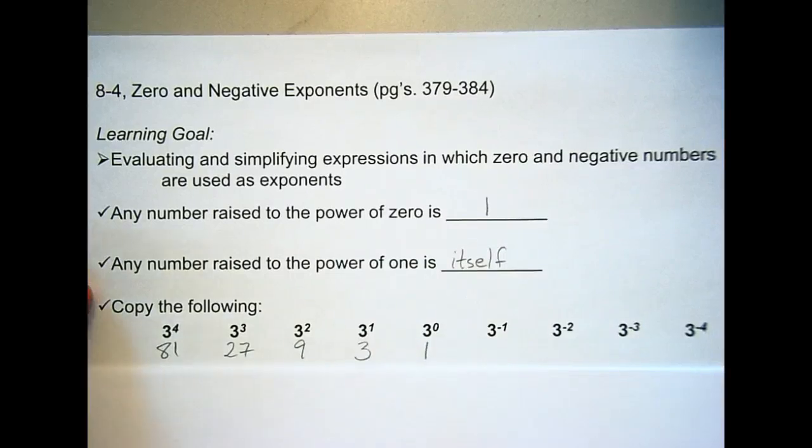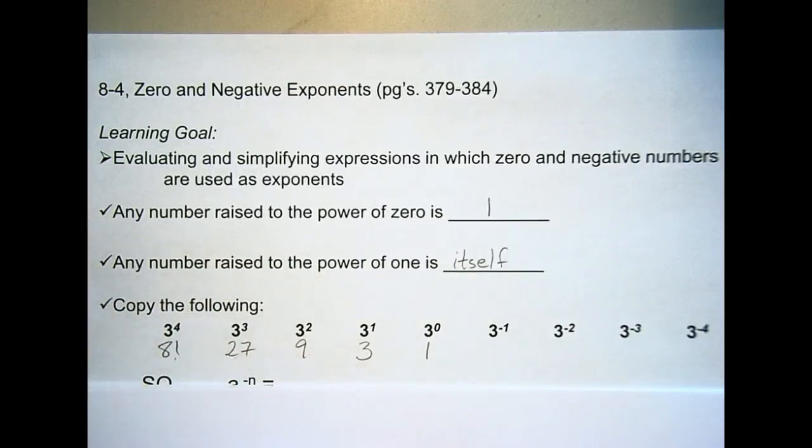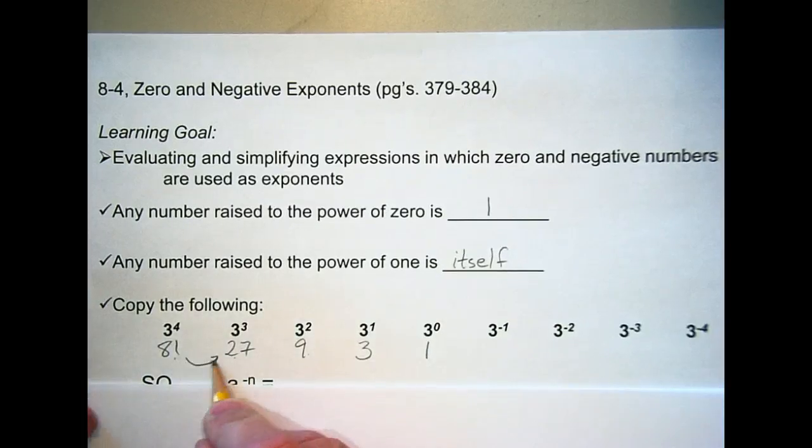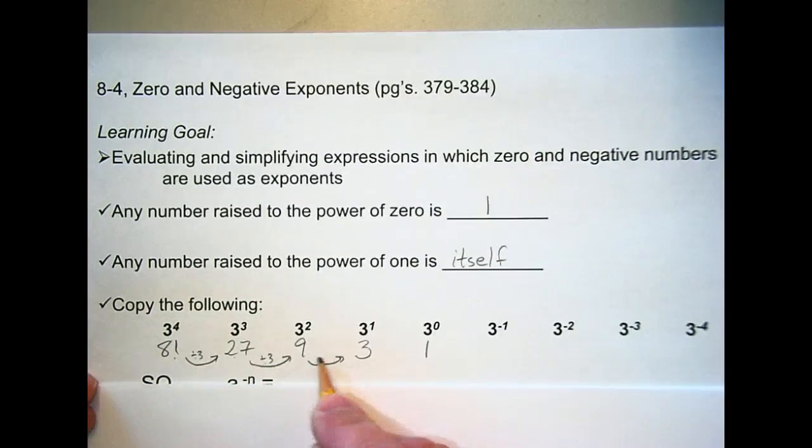Okay, I want you to tell your neighbor how you're getting from 81 to 27, 27 to 9, 9 to 3, 3 to 1. What are we doing every time? Okay, volunteer? Grace? Yeah, you're dividing by 3 each time. Divide by 3. Okay, so if that pattern holds true, as we get to